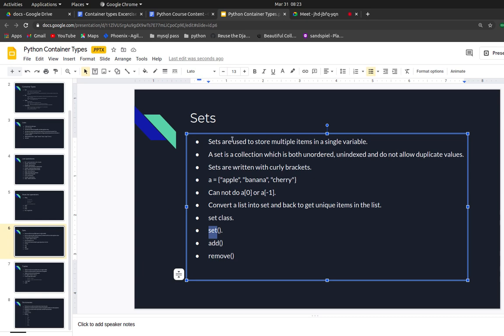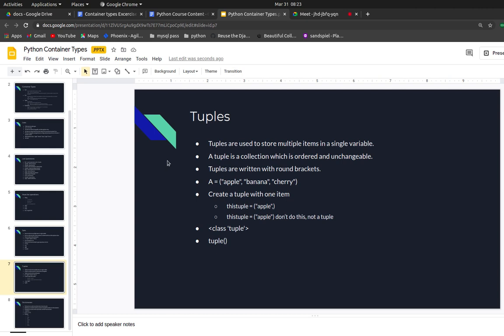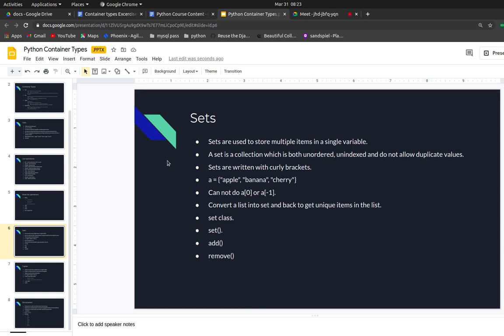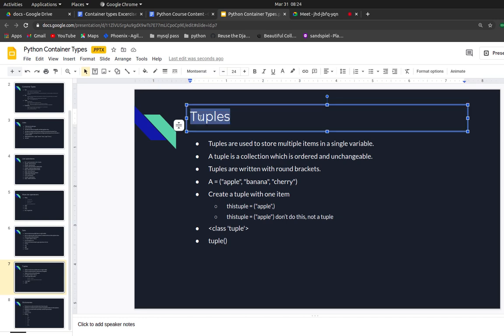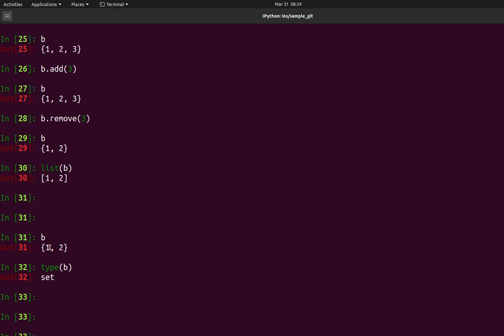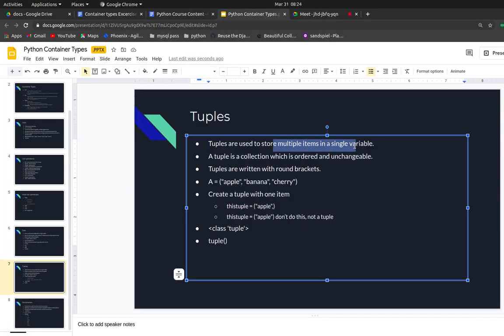Now let's move to tuples. As we saw, the difference between sets and lists is that sets only create unique items, right? Similarly, there is only one particular difference between tuples and lists. Lists are mutable and tuples are immutable. Immutability means we cannot change any element inside. Just as we cannot change the elements inside sets, we cannot change the elements inside tuples. Similar to lists, these are ordered and indexed, but not changeable.